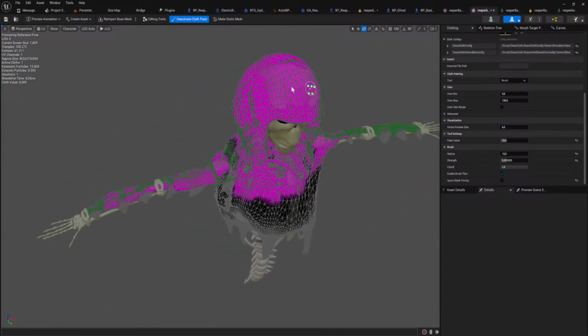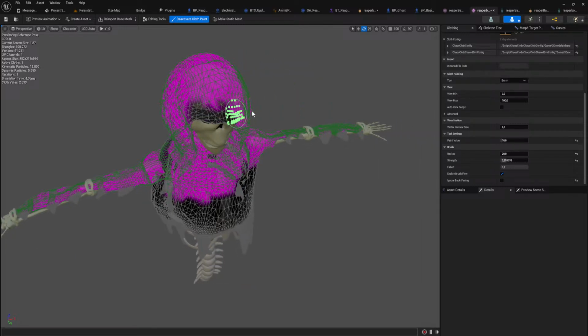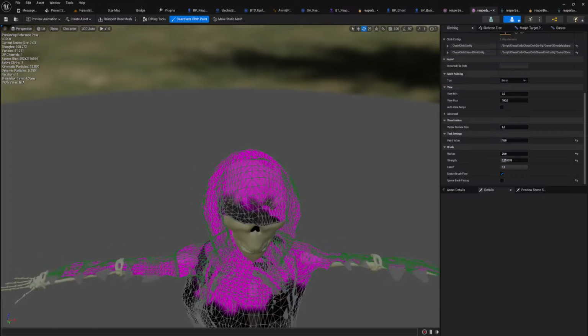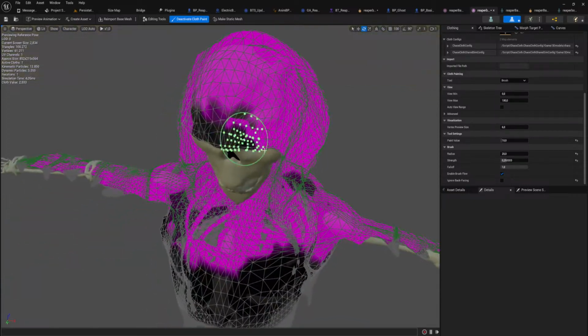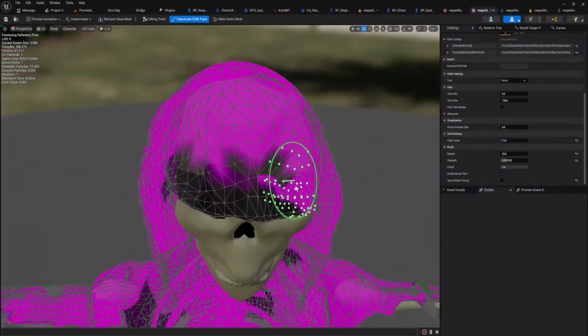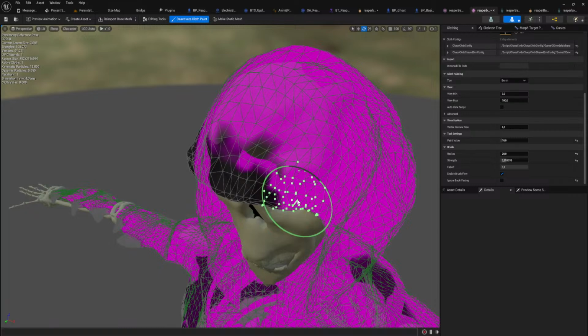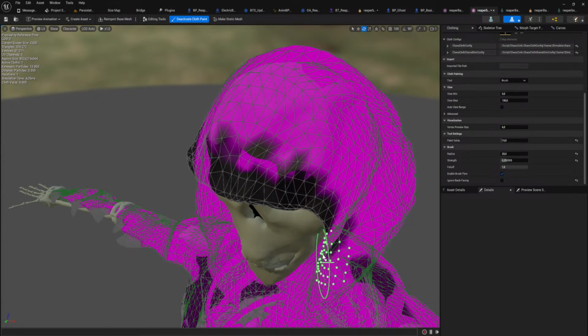I suppose if we set this to like 10% or something, right? And we set the radius here to like 20. We can do a little bit of this maybe. Just as an idea, I might remove this at some point.